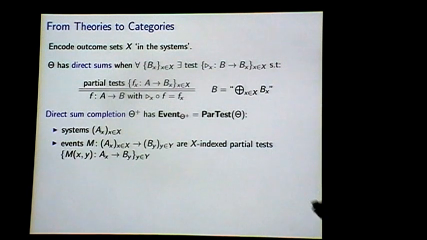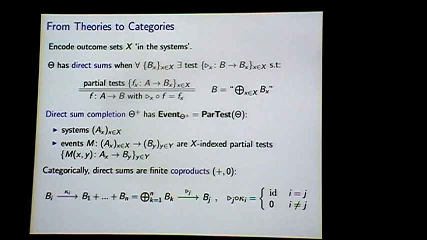So each input bit X specifies a partial test of the type that makes sense. You can think of that as a big matrix where each column is a partial test. And to compose these, you just use matrix composition along with your coarse graining. So the point is, if we didn't have these direct sums around, this new theory does have them, and if they're already there, then both theories are equivalent. So for now, we'll just assume we have them, and that's the last assumption, really.